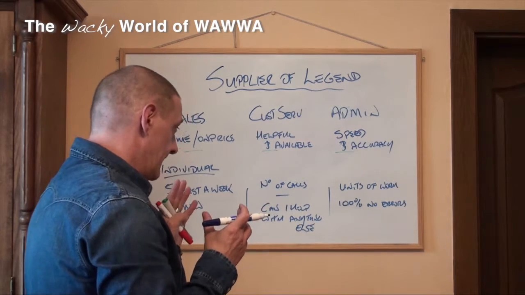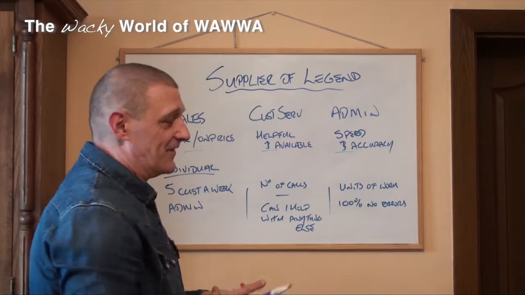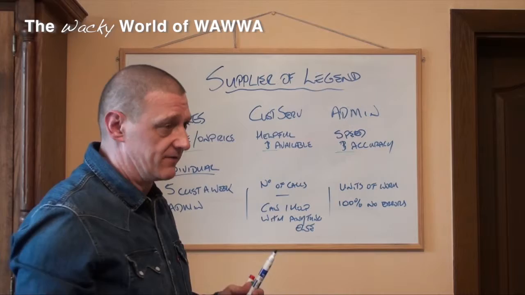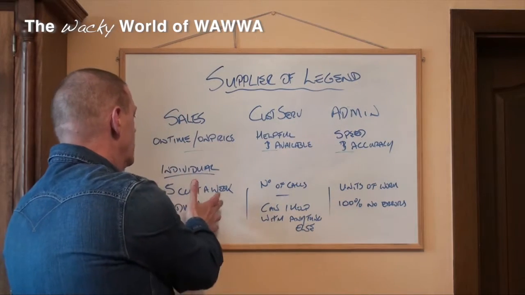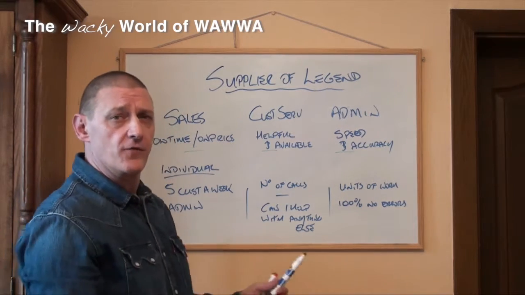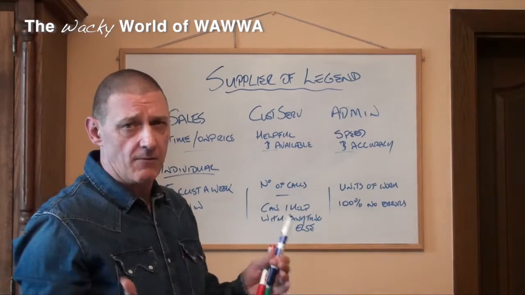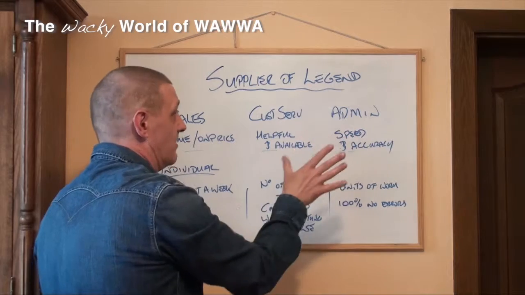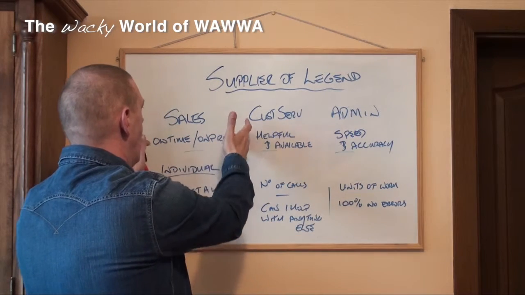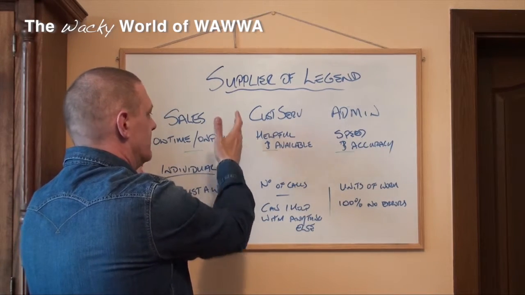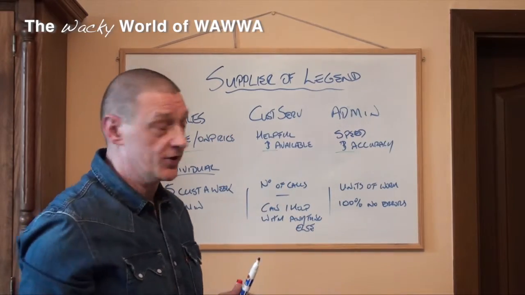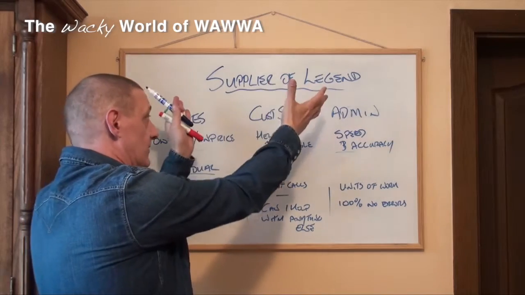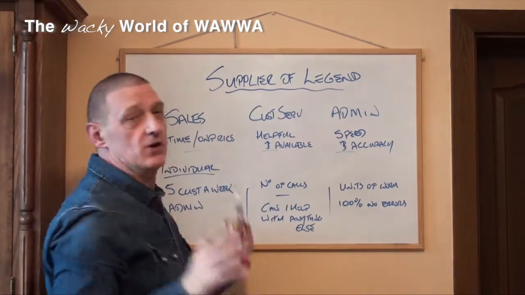Now, the simplicity of this is mind-blowing, because myself as an individual within an organisation, if I'm in the sales team and I'm out there doing my 5 customers a week and I'm making sure that my admin is nice and sweet, so there are no issues potentially in customer service or admin anyway, I'm also feeling a part of my sales team's departmental objective. On time, on price. Means I'm interacting and creating, or hopefully bringing about, the outcome, supplier of legend.